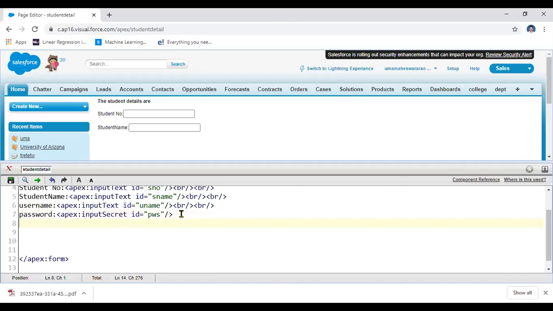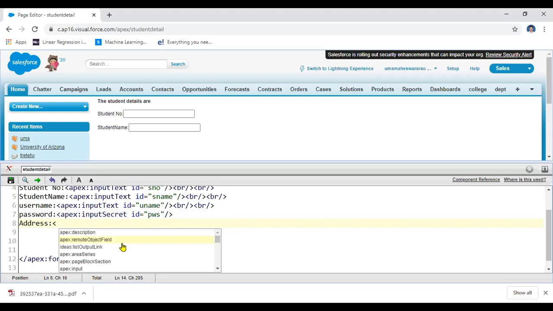For example, I am taking the address. For the corresponding address, what is the field here? Differentiate with ADDR. That means the ID is ADDR. Here the input field is not a text field. This address is an input area.